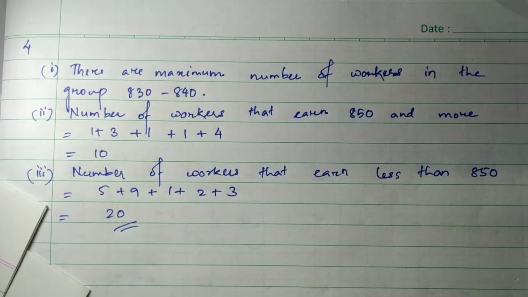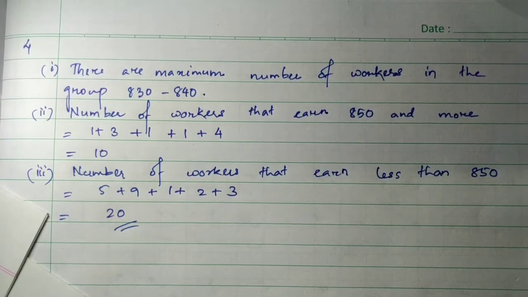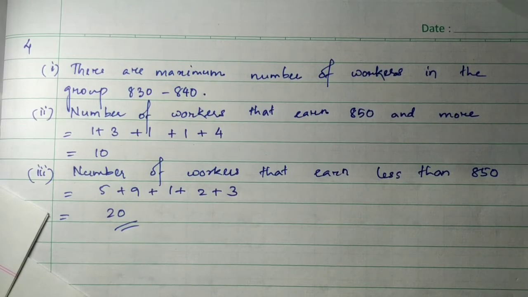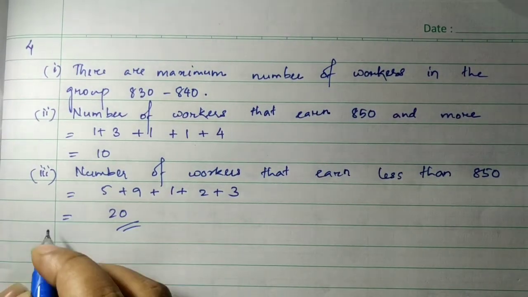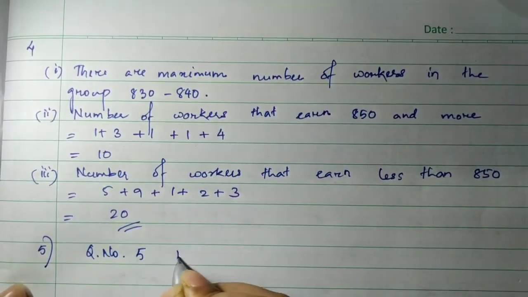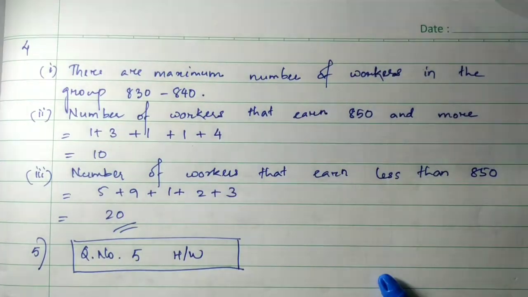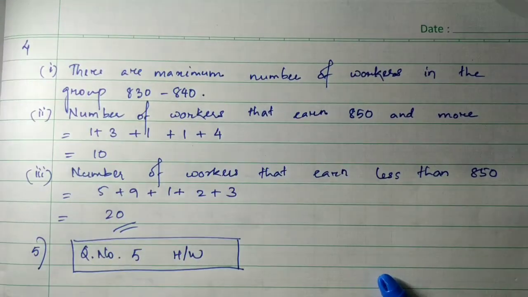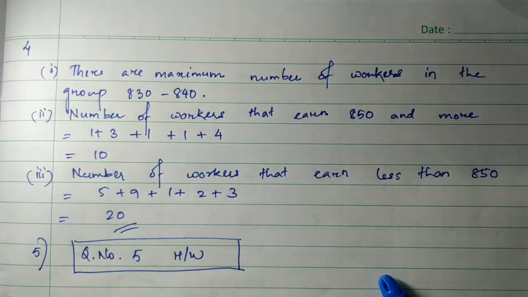Now the next question, that is question number 5. You can see that a histogram is given, and then you have to find out the different data that you want. It's about the number of students watching TV and how many hours are spent. I hope you will be able to do this. So for question number 5, you don't have to draw the diagram. I've written it here itself. Question number 5 will be your homework. You don't have to draw the bar graph in your class. So I hope all of you will try to do question number 5. Please write full statements and write down the solution. Wherever addition is required, you add the numbers, and you will be able to do this, I hope.